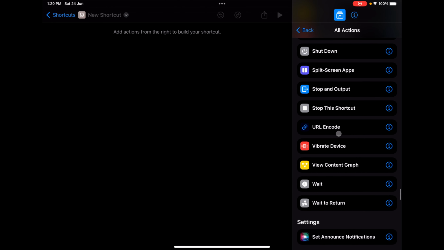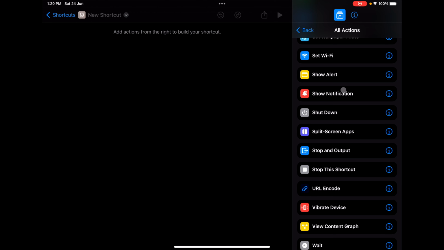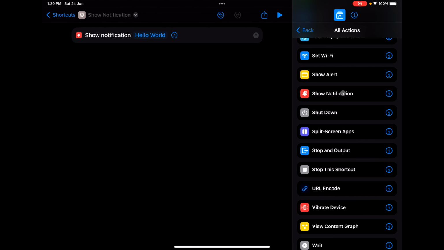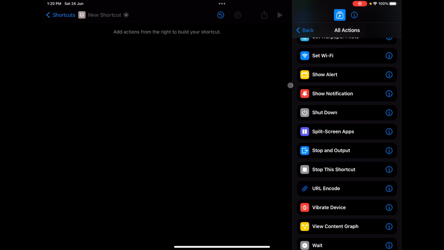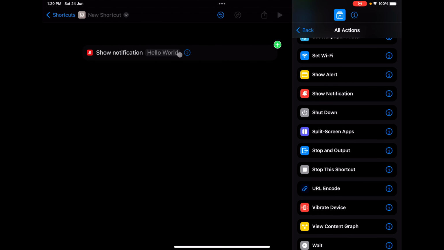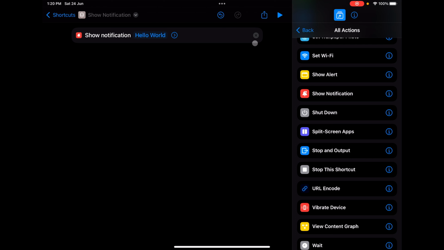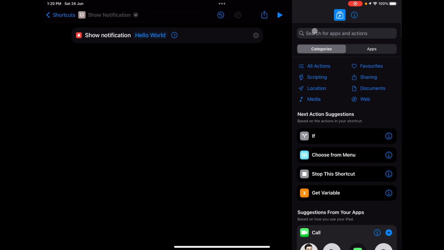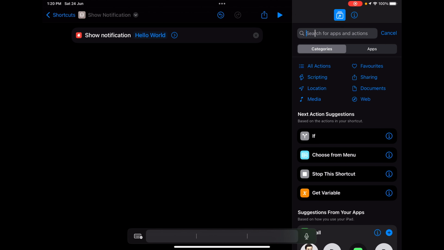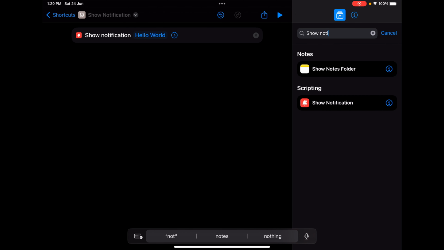So show notification. Yeah, here. There are two ways to again add any action in the main window of Shortcuts. You can either drag it like this, or you can just click on this and it will add here. So yeah, this is one way. Now, if I want to search it from the search bar, if I type show notification, I'll get the